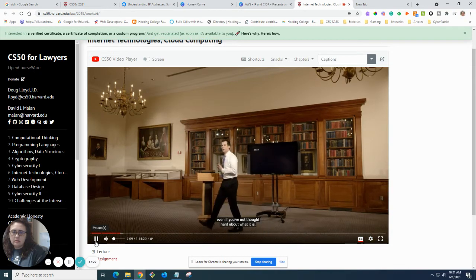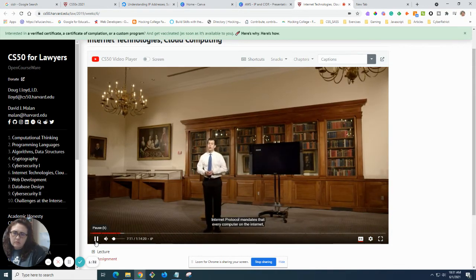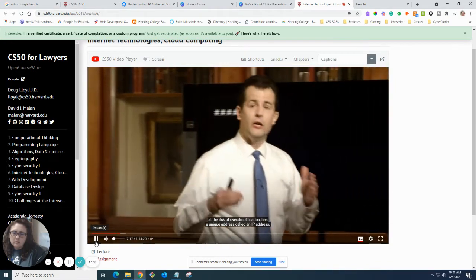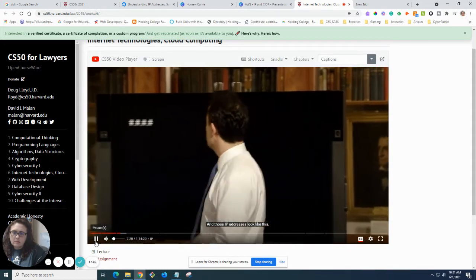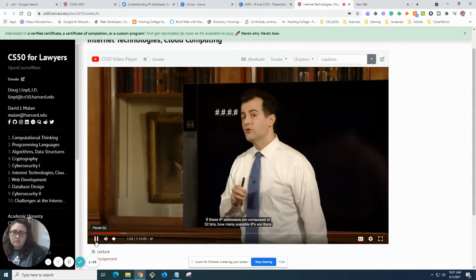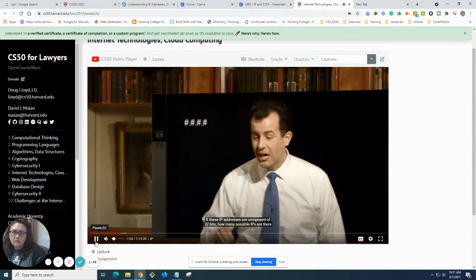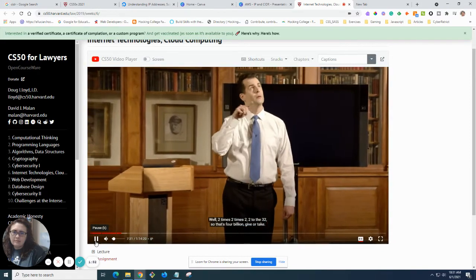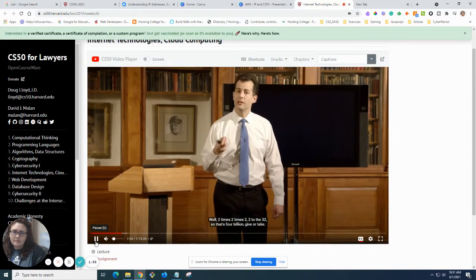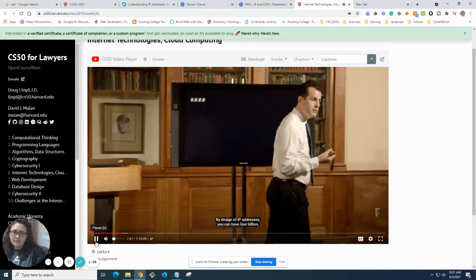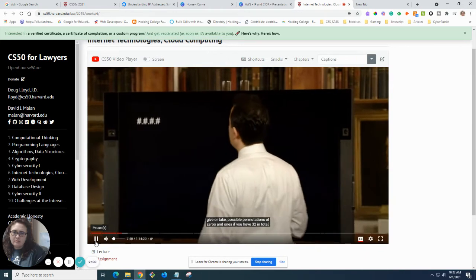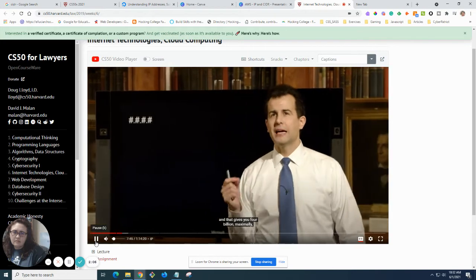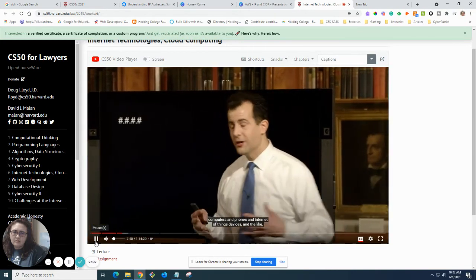Or even if you've not thought hard about what it is, it stands for Internet Protocol. Internet Protocol mandates that every computer on the internet, at the risk of oversimplification, has a unique address called an IP address. And those IP addresses look like this. If these IP addresses are composed of 32 bits, how many possible IPs are there? And therefore, how many possible machines can we have on our internet? Well, 2 times 2 times 2, 2 to the 32. So that's 4 billion, give or take. By design of IP addresses, you can have 4 billion, give or take, possible permutations of zeros and ones. You have 32 in total, and that gives you 4 billion maximally computers and phones and Internet of Things devices